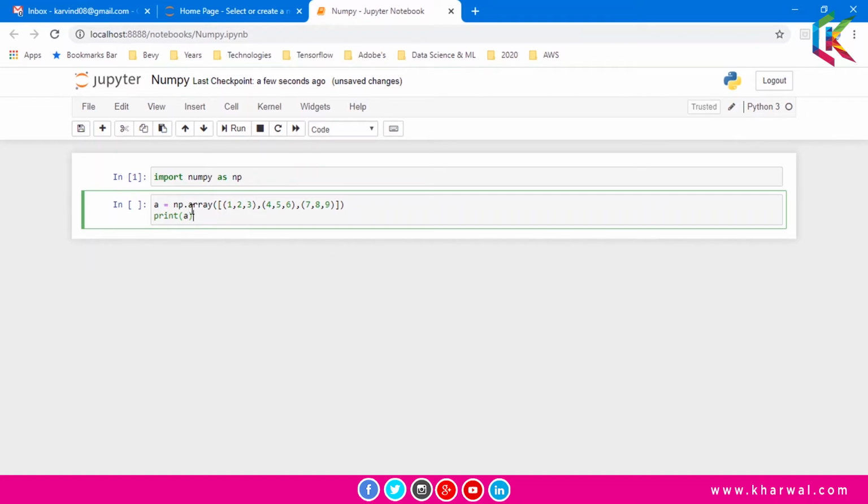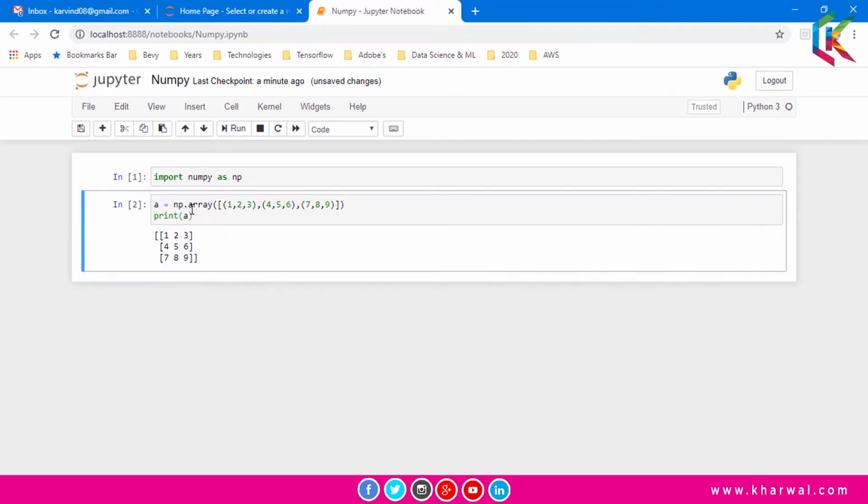I have created a 3x3 two-dimensional array A and in this array I have stored 1, 2, 3, 4, 5, 6 and 7, 8, 9. Now I am going to print this two-dimensional array by using the print function. So let's run this script. Basically it is printing the 3x3 two-dimensional array.